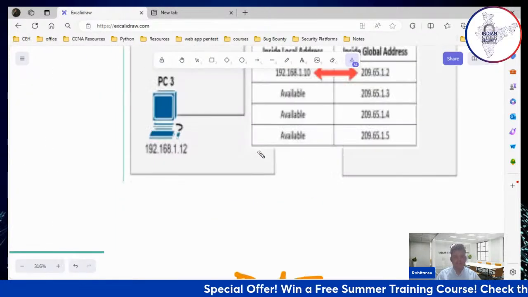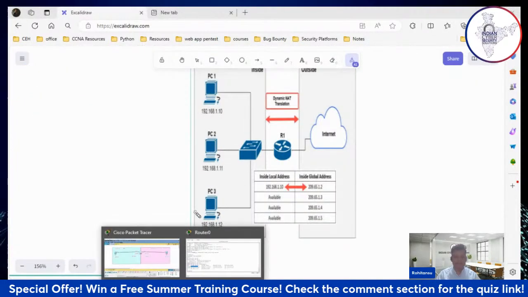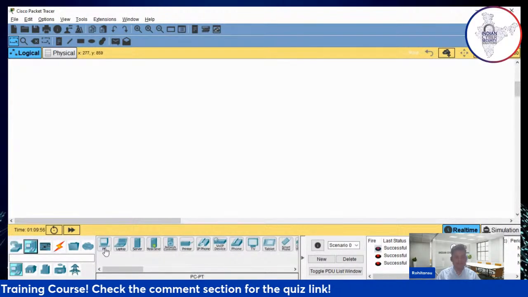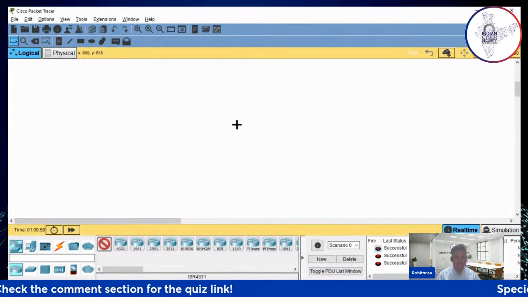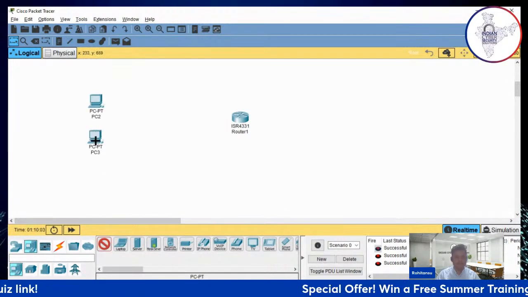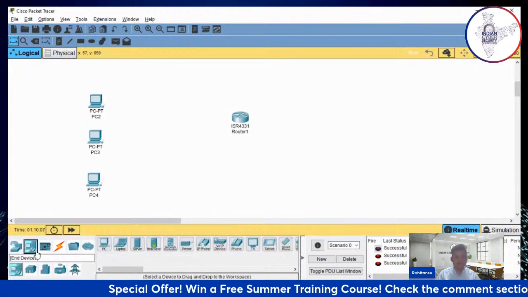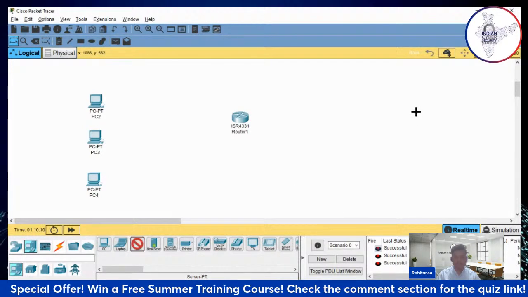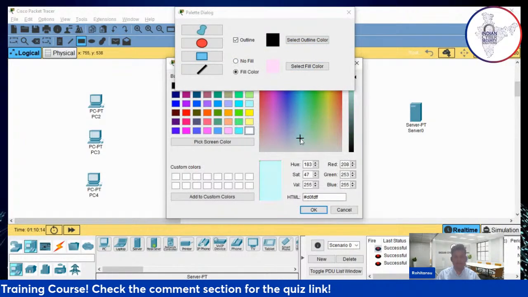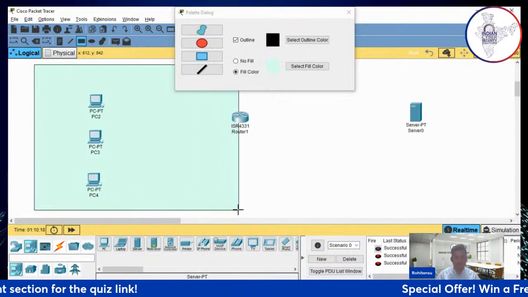So what I can do now, I can do a dynamic NAT configuration. And how can it be done? I'll scroll down, take the same thing. Let's suppose we'll take a router here, and inside the private part, we have three PCs, one, two, three. Inside the public part, we have a server that is on the public side. We'll take the private label. We need to label it properly. This is our private part.